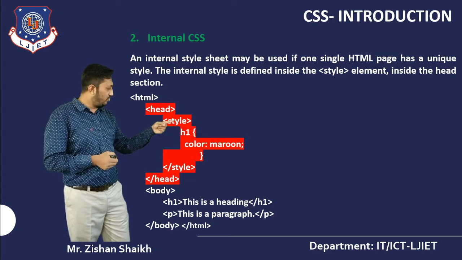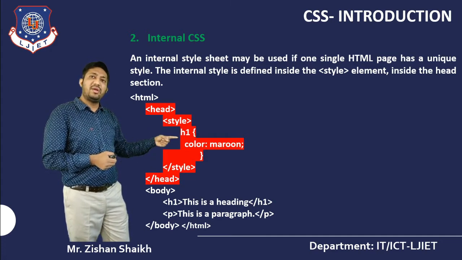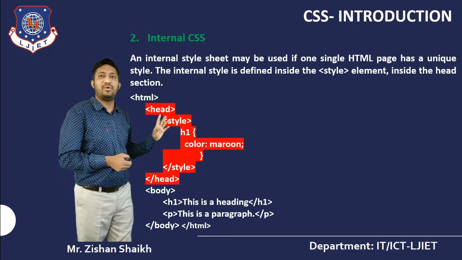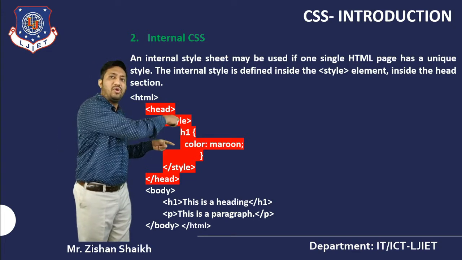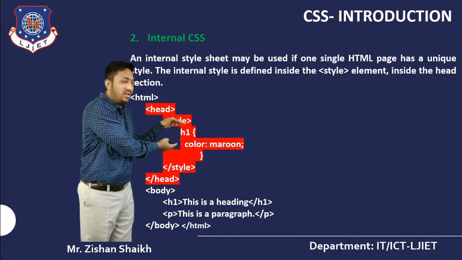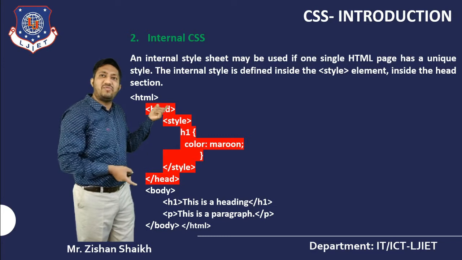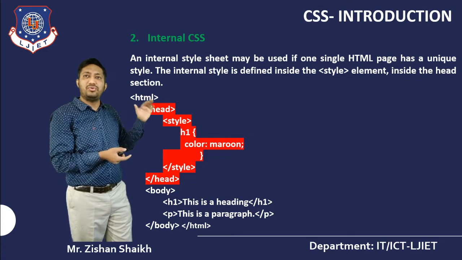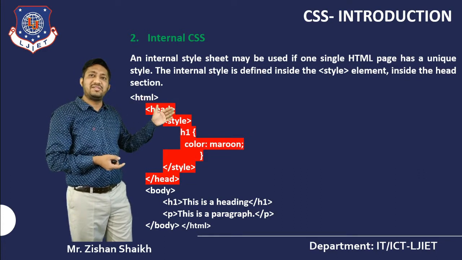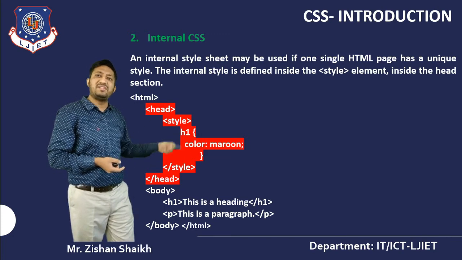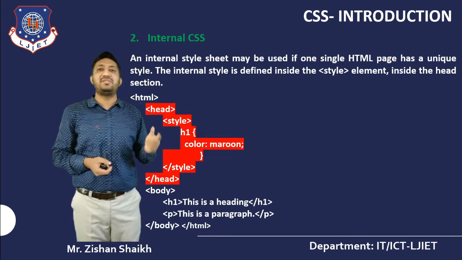In the style tag, we have to write the whole CSS property and value. So here the h1 element is there, and in that I am providing the color. Color is maroon. So the proper code of my CSS is my h1 block, which would be written in my external CSS also, but here it will be written in the HTML file. We have to put that code in my header section. In the header section we must write the style tag, and between the style tag we can write our CSS code.